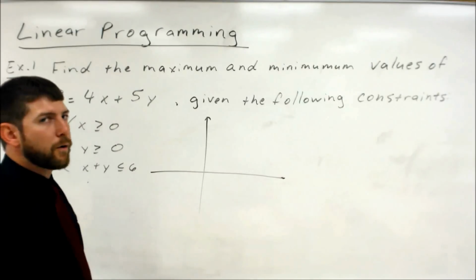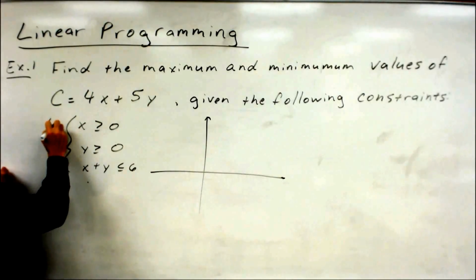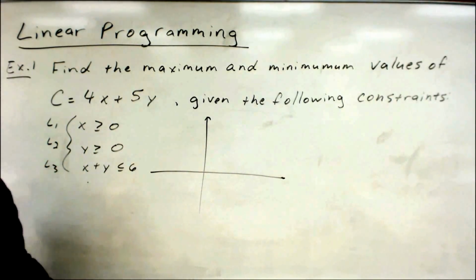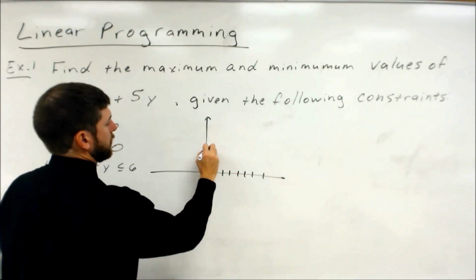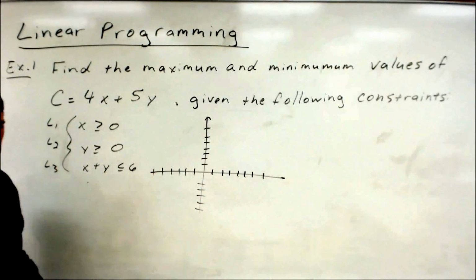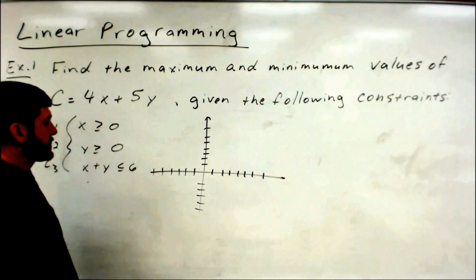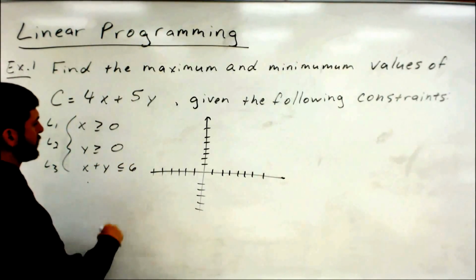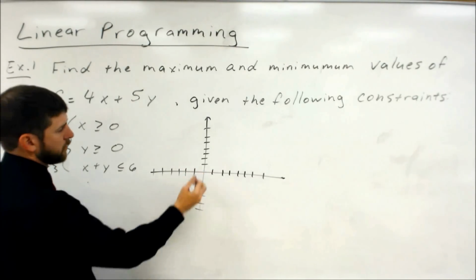As I go through and graph, I always like to label my lines first. It'll keep everything organized here in a minute. So I'm just going to call the first one line 1, line 2, line 3. So as I go through, x is greater than or equal to 0. We graph the line x equals 0. The greater than, less than stuff, all that does is affect the shading. So we'll just graph the lines first. So x greater than or equal to 0, I go to 0 on the x-axis, and I draw the vertical line,